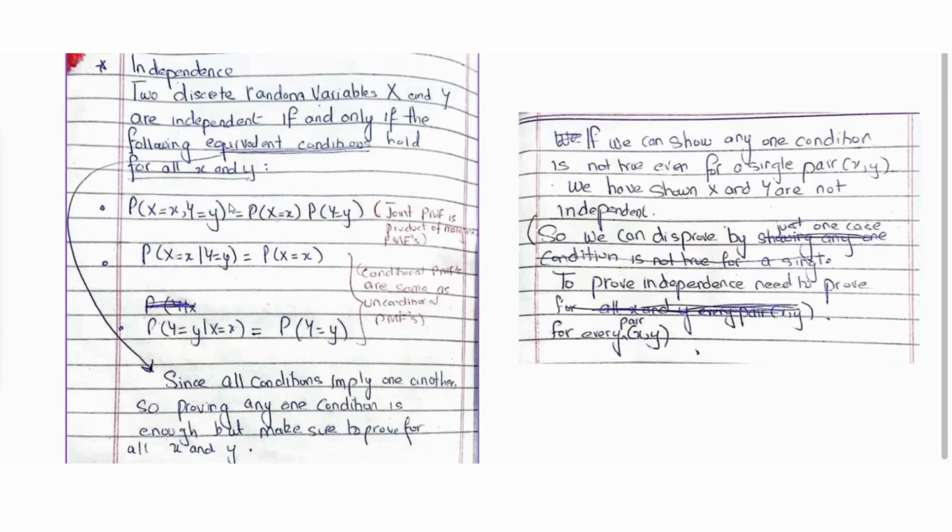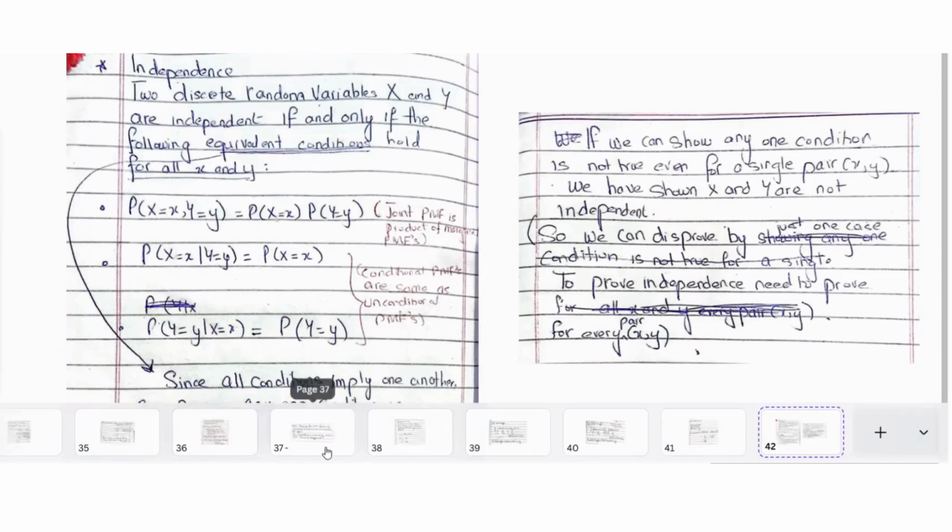Now, proving one condition is enough to show independence, but you need to prove it for all x and y. So you need to prove it for every possible value of x and y that your discrete random variable takes. What do we mean by this? If we go back to an example that we were looking at,